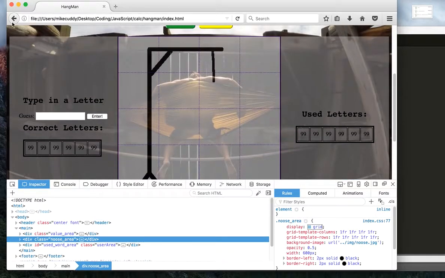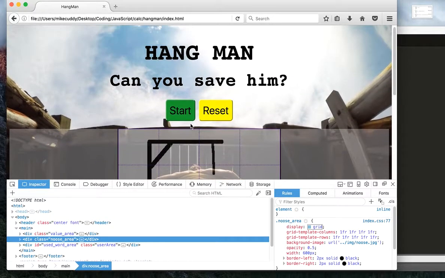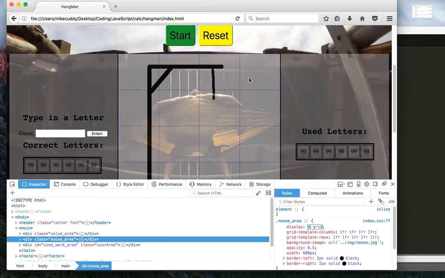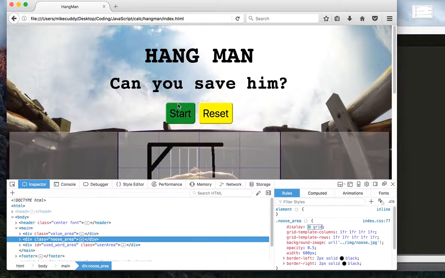And this is actually Firefox. I don't believe Chrome has this yet, so it's actually a good reason, when you're using CSS Grid, to use Firefox. And you can see this symbol right here, Display Grid. You can just click that, and it just turns it on, this little hashtag. I found that by watching a YouTube video about CSS Grid at a conference. So that's a really interesting thing right there. So there's the grid, and if we start the game,